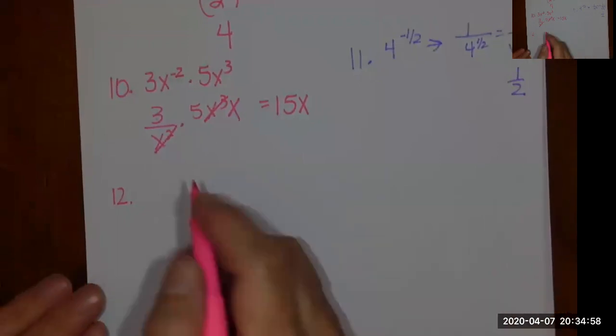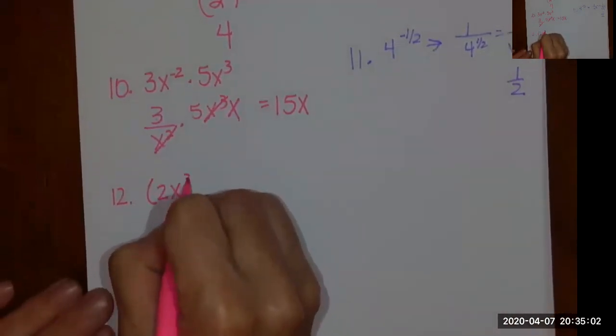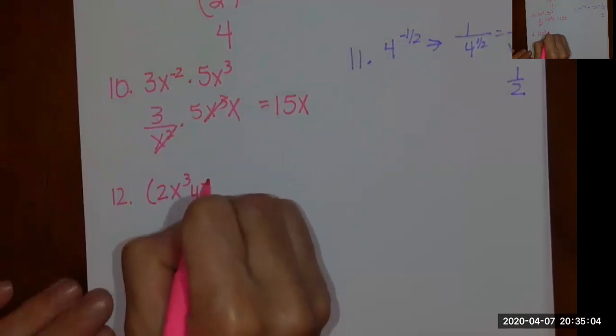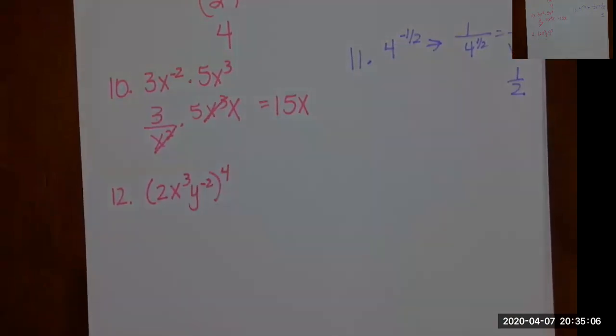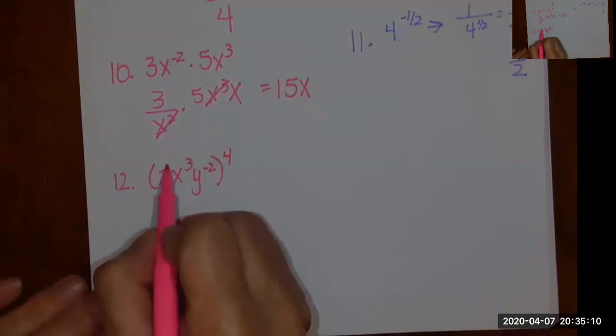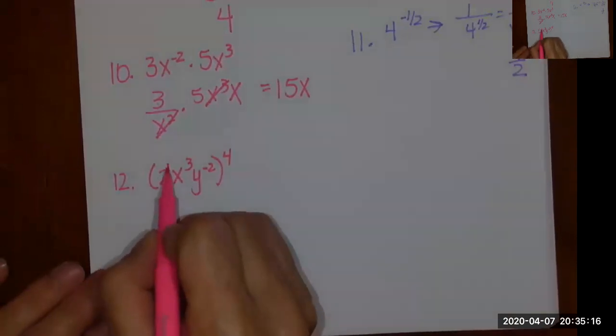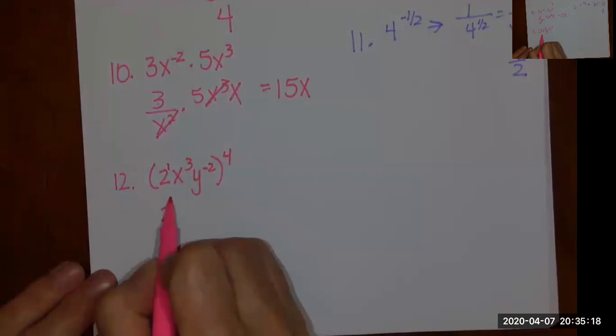You know, after we do this, a good idea for you would be to pull it up online and try to do it again yourself, because these are basics. All right, so here we're going to say, you can kind of think of that as a 1. So when we're raised to a power, we multiply by the exponent. So 1 times 4 is 4, so that's 2 to the 4th,